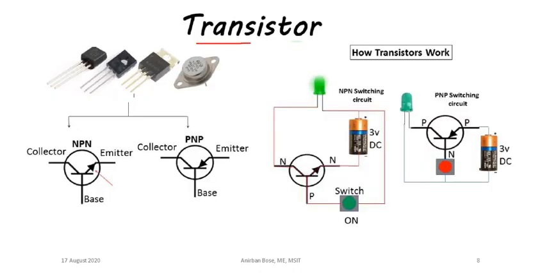Now coming to the transistor. Transistor is a very important component, and as you can see, physically they look like this, and it has 3 legs. You can see 1, 2, 3, and these 3 legs correspond to its base, emitter and collector. By controlling this base, you can change the collector current. If you put 0 voltage in the base, then you will get 0 current in the collector. So basically this base is a kind of control valve by which you can control the collector current. If you increase the base voltage, then the current will also increase in the collector.